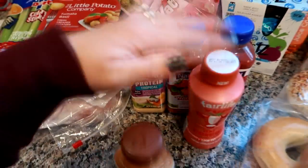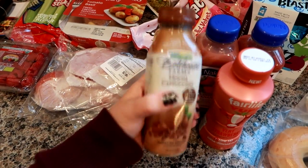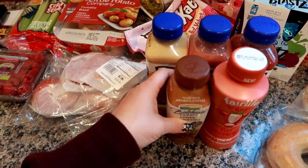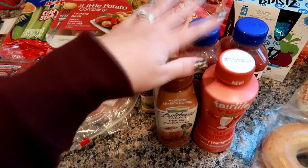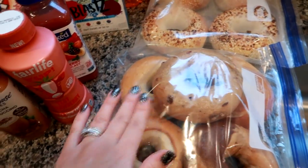And then in that same section, I saw this Bolt House Farms Mocha Cappuccino drink that I think my husband will really like, so I grabbed that for him specifically. So that's Walmart. Moving on to the bagels, if you can see, these bags are steamed up because these bagels